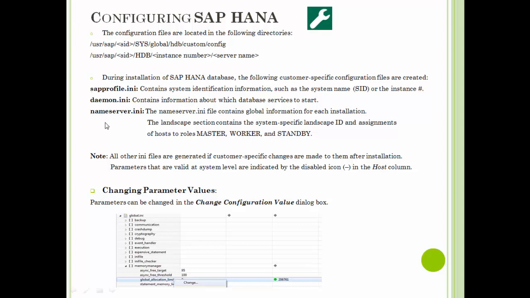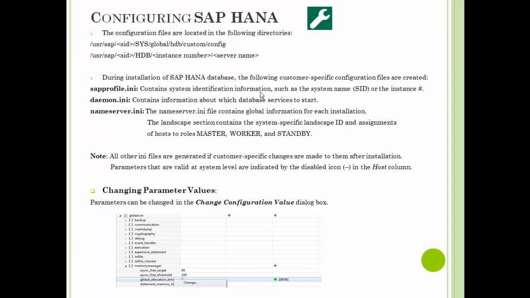These files are stored in the local instance location under the server name, and this is the information that they would contain. sapprofile.ini contains the system identification information. It has the local instance information which is used for the operation. So if we want to know the local instance information, we have to navigate to sapprofile.ini and see its information